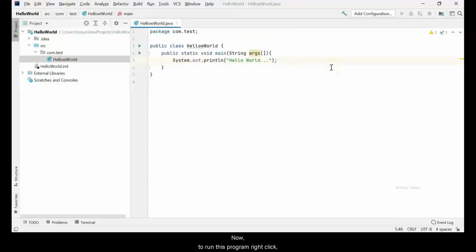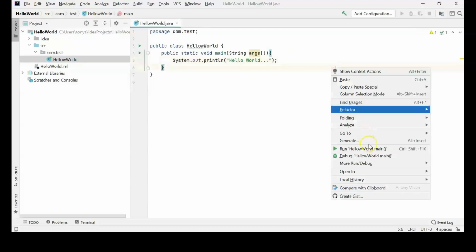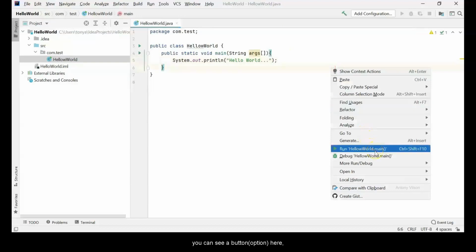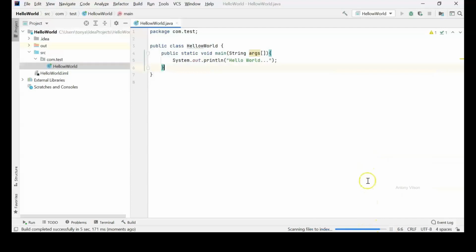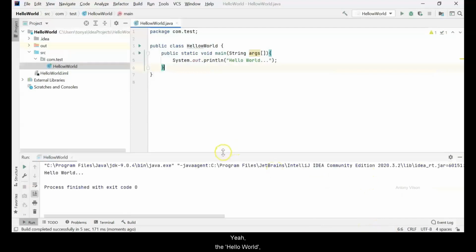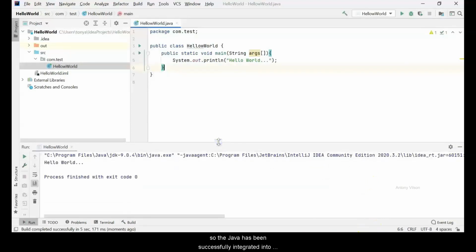Now to run this program, right click. You can see a button here, run HelloWorld.main. Yeah, Hello World. So Java has been successfully integrated into IntelliJ IDEA.